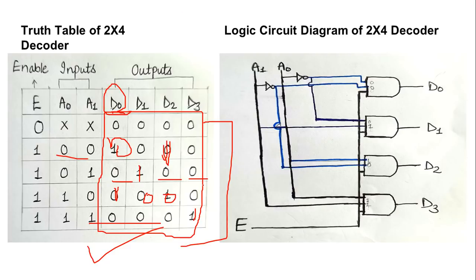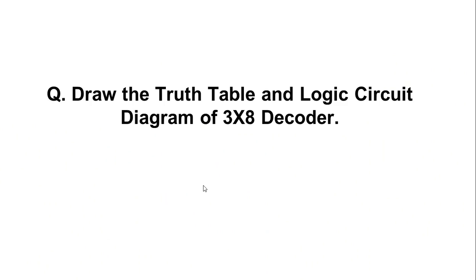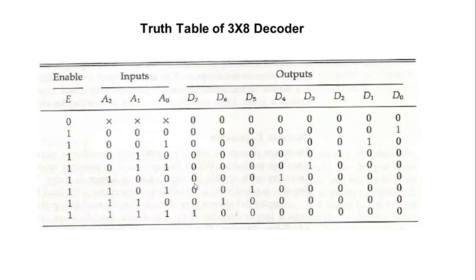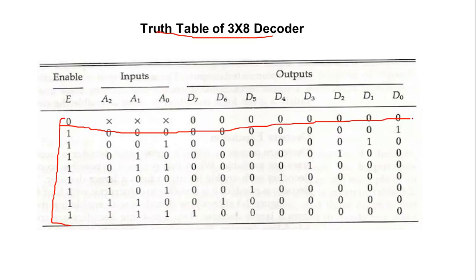So the next is, if you have thoroughly understood how these decoders function, then this is what you have to do. You have to design the truth table and a logic circuit diagram of a 3 cross 8 decoder. So a 3 cross 8 decoder will be a little more complex. Try it at your end, then the solution will be something like this. In the case of the truth table of the 3 cross 8 decoder, this is how the enable will work. As I will be having 3 input values, a maximum of 8 combinations can be designed from here.